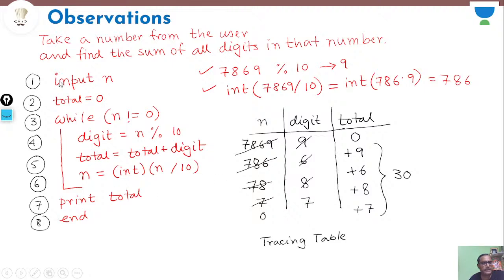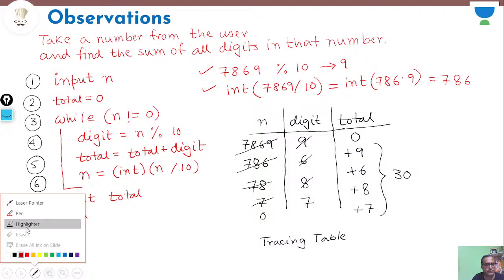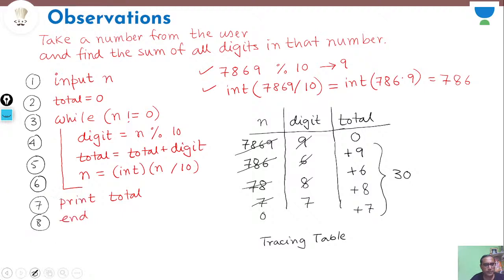So in the previous case, I just calculated the sum of all digits of a given number. So what should I do at this particular position? Whenever I have discarded the last digit of the number at this particular position,